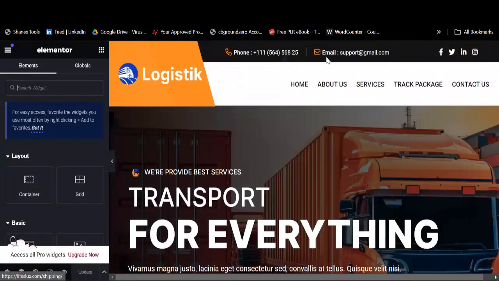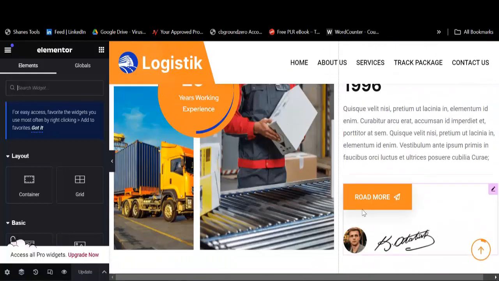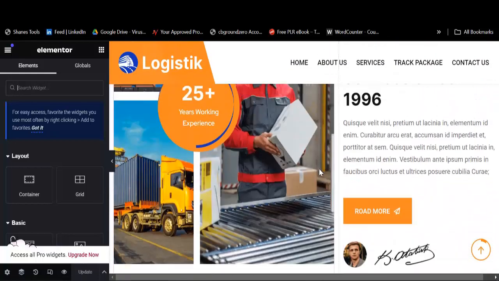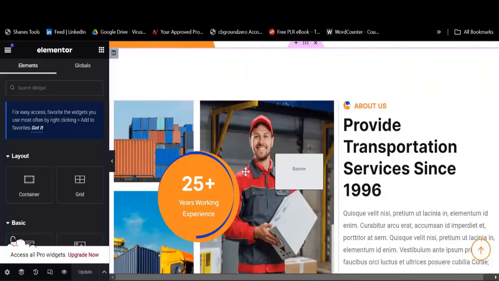Can you see now it's not affecting the header, it's not also affecting the footer. All right, so once you come here, you can see the write up. As you are moving your mouse around it, it's telling you what to do. So let's say, for example, I want to edit this one now. If I click on it,